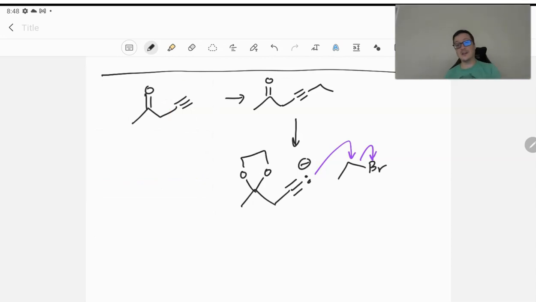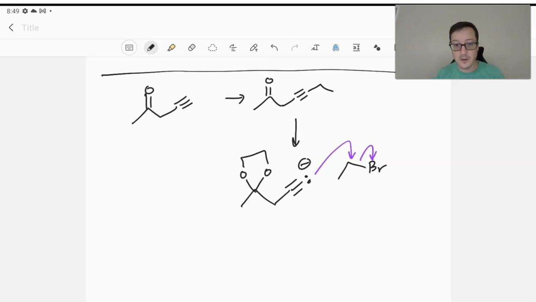Best way to do that is using an acetal, or in this case it'll be a ketal actually, but same idea, so a diether. Typically symmetrical ones are used, but you don't have to. You could use a regular methanol. That would work just fine. Not a problem to use that. And so with this, we see we can go ahead and have this reaction attack as long as we protect